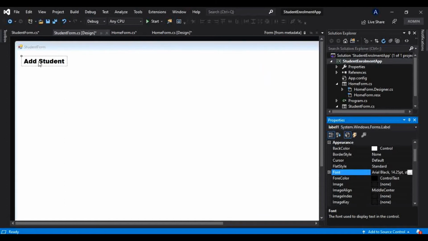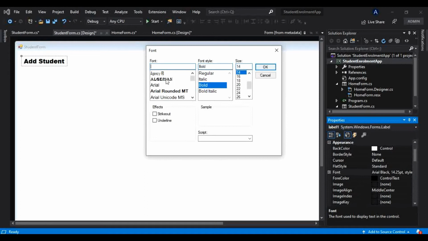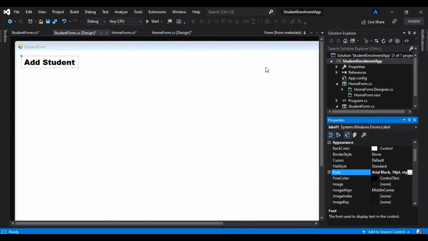It's not getting reflected because I have to change that again. That is all the elements we have to change in order to get reflected in here. I will again choose this Arial black, and 18 as a font, and I will click OK. So okay, now it's getting reflected here.